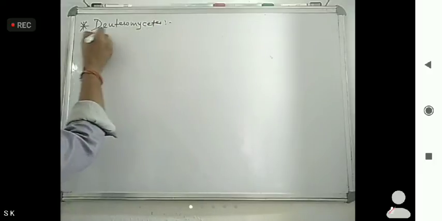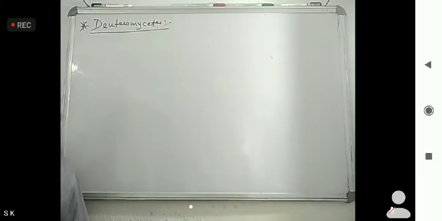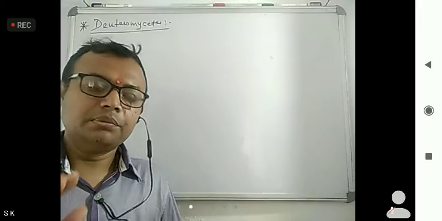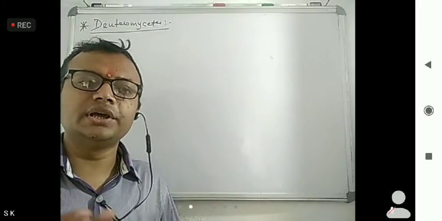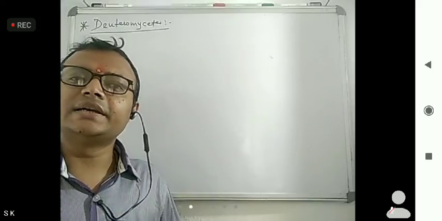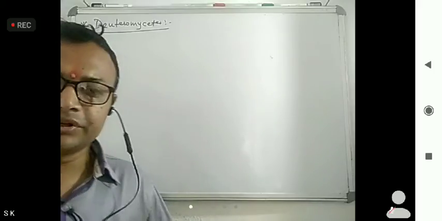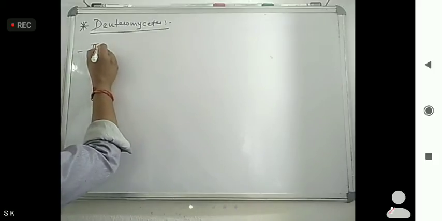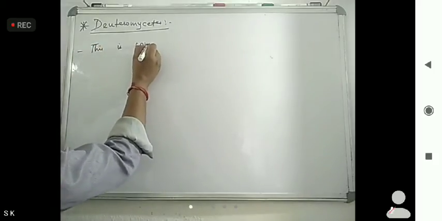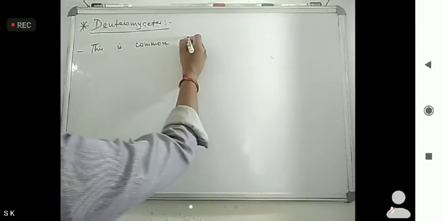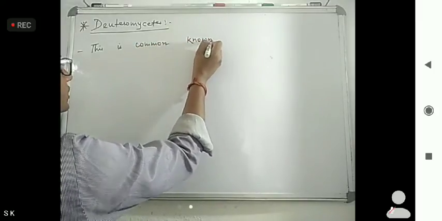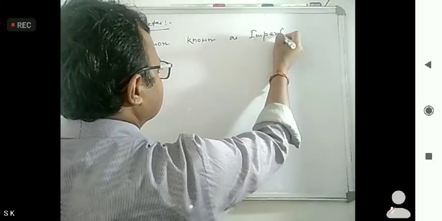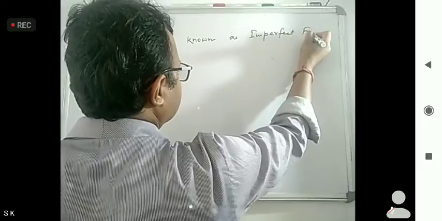Now, this Deuteromycetes is also known as imperfect fungi. Why? Because sexual reproduction is not found here and it is an artificial grouping of fungi. So this is commonly known as imperfect fungi